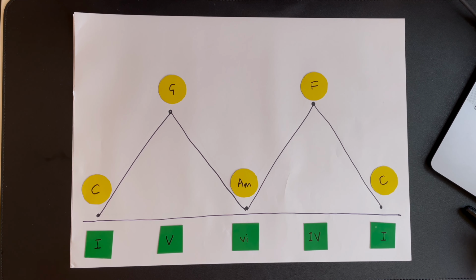Now it's not perfectly symmetrical, at least when we hear it. A minor isn't quite as home as the C chord is, and F perhaps doesn't quite have the same altitude that the G has, but zoom out and we can see balance in our musical composition, much like the rule of thirds in photography.